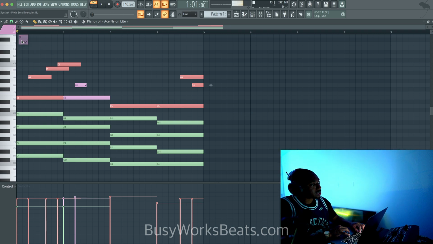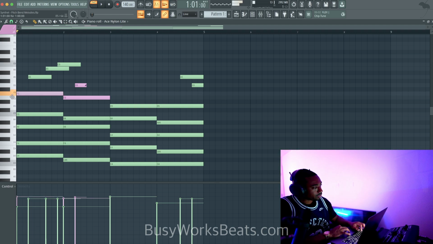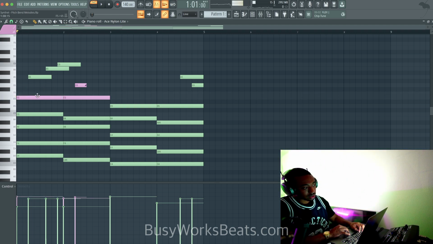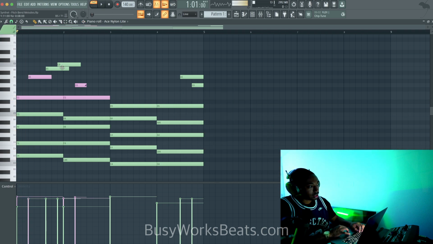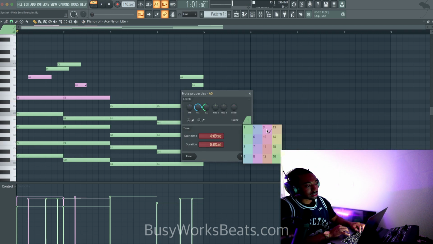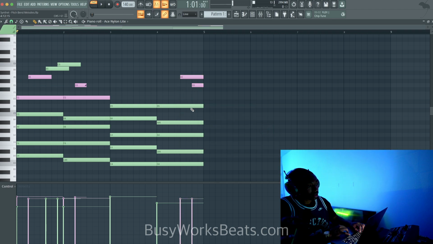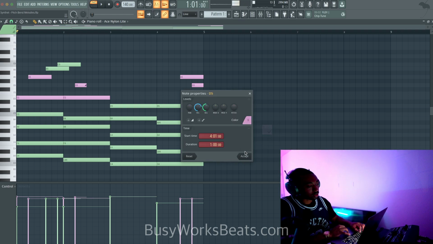So let's grab up top. Let's see if we can switch all those to 9. It looks like it's not going to work. So we have to do this individually, which is kind of tedious. So just double click, go here, go to 9. That is kind of tedious. So let's only pitch bend the notes that need to be pitch bent. So we're going to switch all these by double clicking, go to 9, double click, go to 9. There's no fast way I know how to do that.